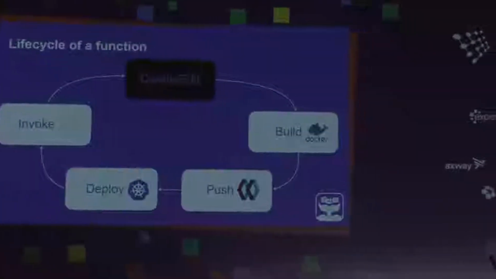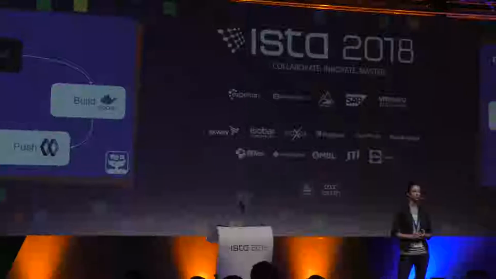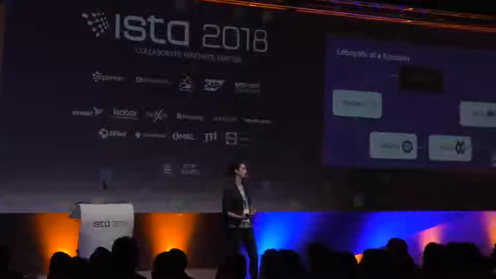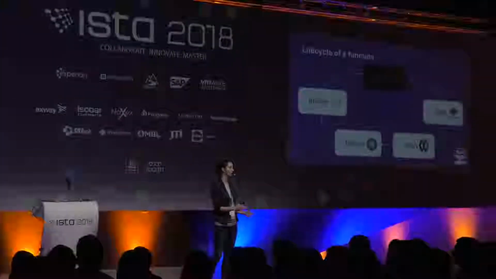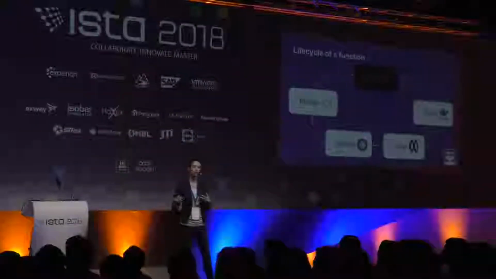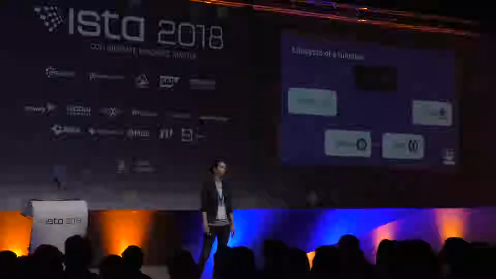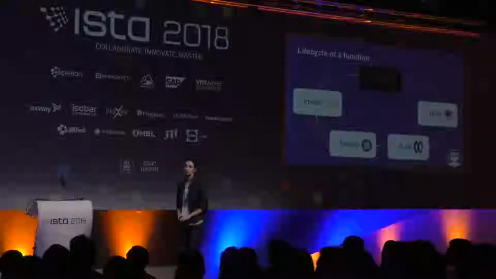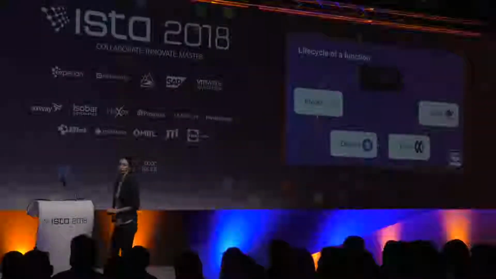And we'll talk a little about the life cycle of a function. You create your code, you put whatever you want there, and after that, you use the command line tool to build it to a Docker image, then push it to a Docker registry and deploy it to your function. And when it's deployed, a container is created for it, and you can invoke your function when you need to. And if you need any changes, you just edit your code and build, push, and deploy it again. We have a single command for that. We call it fast up.